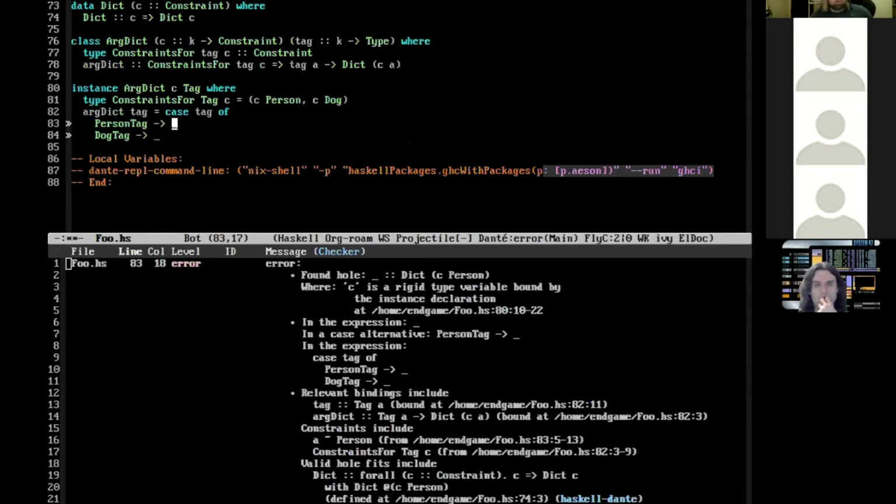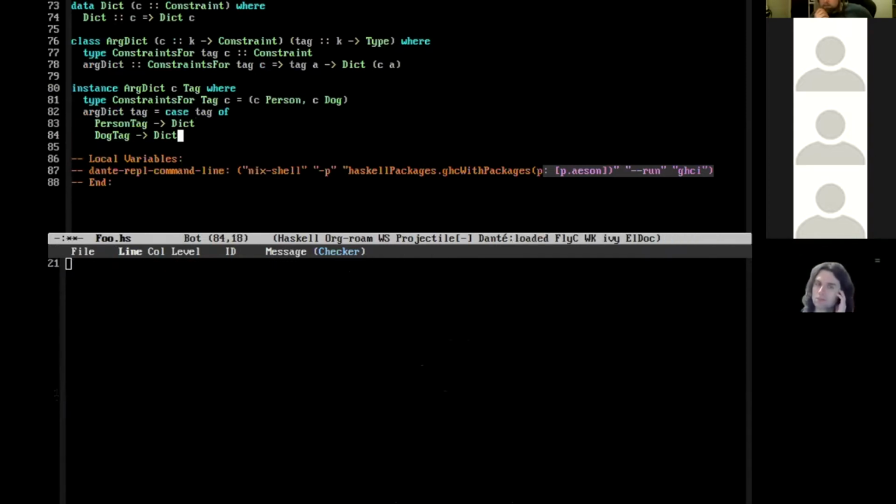And so now we know in this branch we have to construct a Dict for C Person, and we know from the constraint on the method that we have both C Person and C Dog in scope. So Dict will type check here, and Dict will also type check here. And that's a LambdaCase.